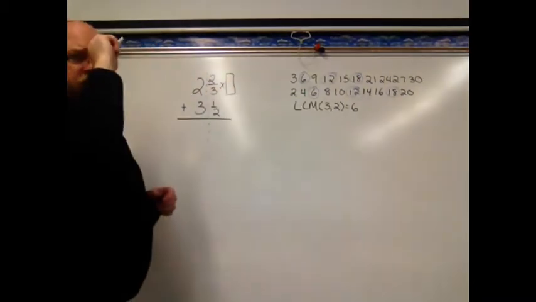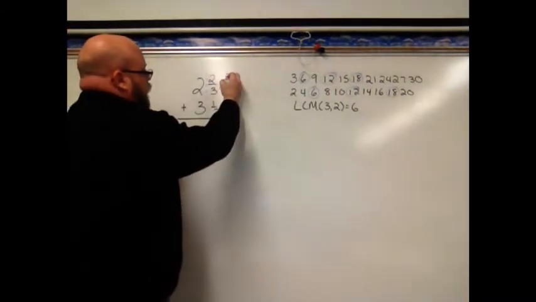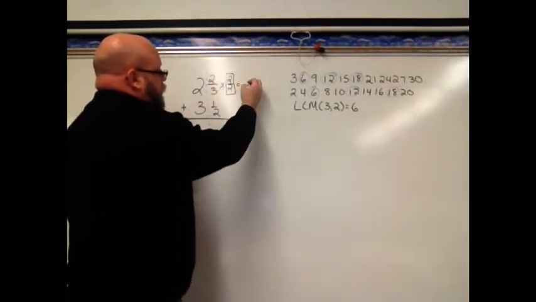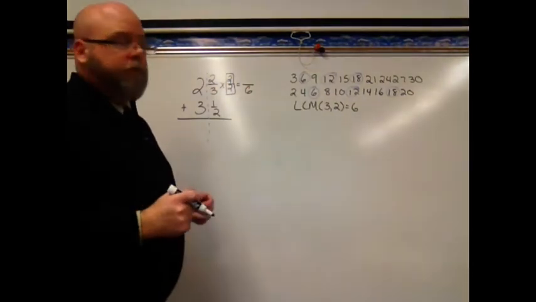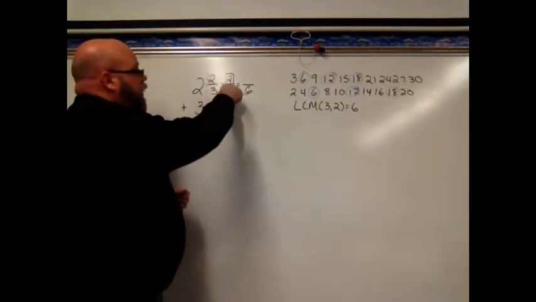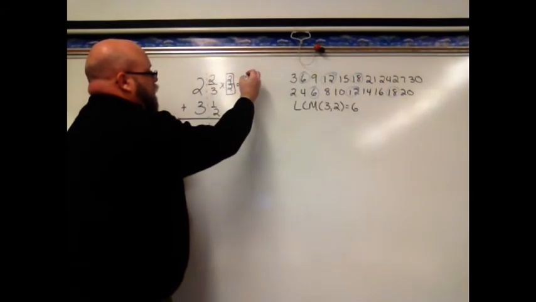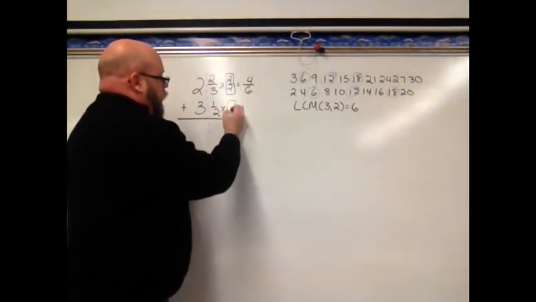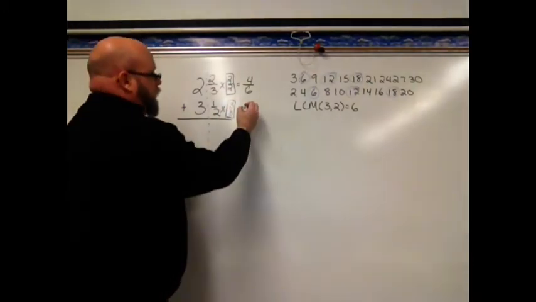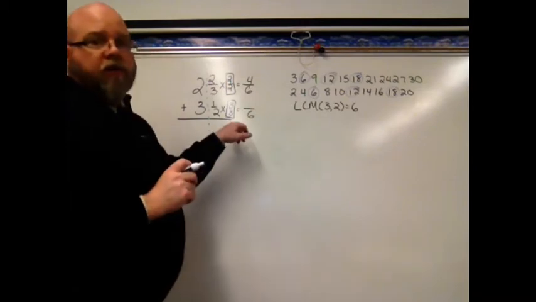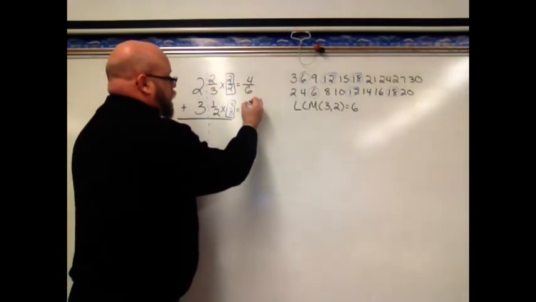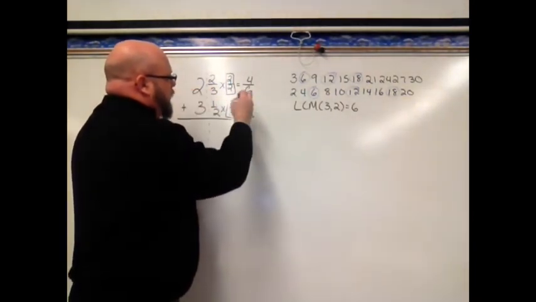I'm going to multiply 2/3 times 2 over 2, because 3 times 2 gives me that denominator of 6. Whatever I do to the denominator, I have to do to the numerator. 2 times 2 is 4. I'm going to multiply 1/2 times 3 over 3, because 2 times 3 gives me that denominator of 6. Whatever I do to the denominator, I have to do to the numerator. 1 times 3 is 3. When I add, I get